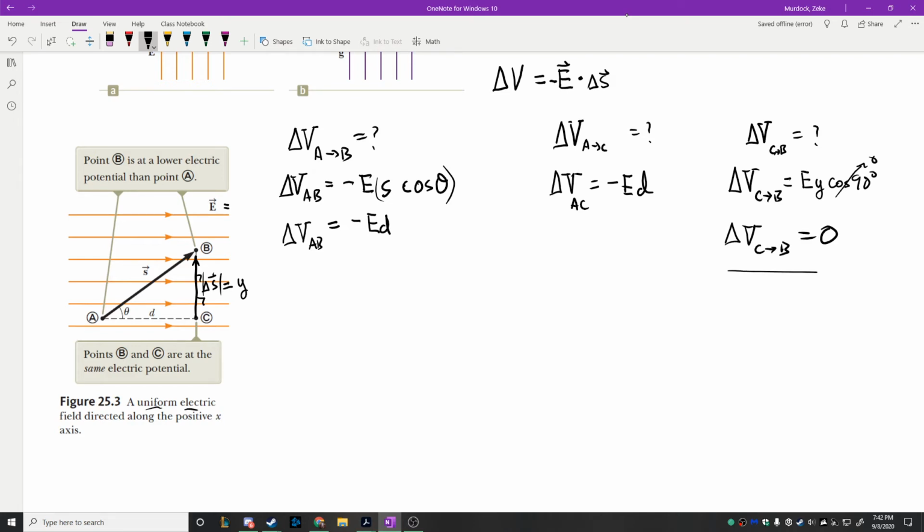Well, that's interesting. If this is 0, that means that any change in position along any line that's perpendicular to the field lines, right? So if I came in here and I draw a line like this, a line that is perpendicular to the field lines,